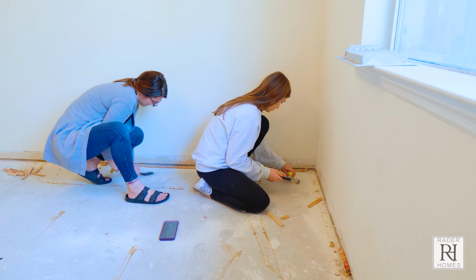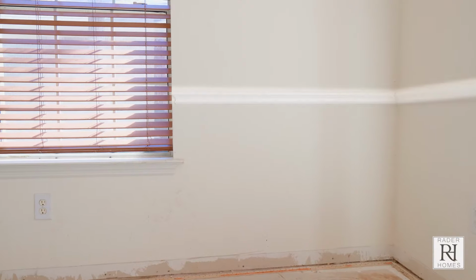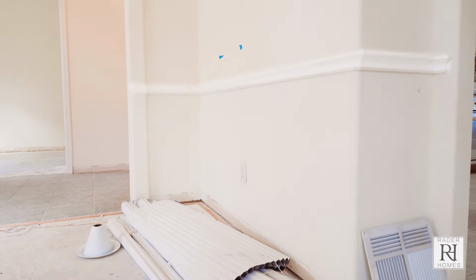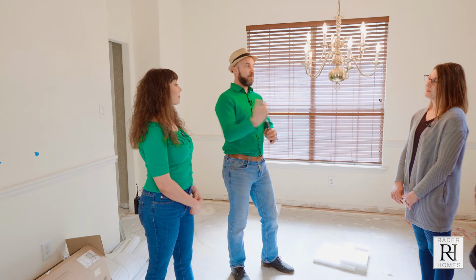I think the start to finish, seeing something unfinished and then putting a vision in, seeing that final product is huge. Okay, dining room. What we're gonna do in here is actually not a ton of things. We're gonna keep it simple. I'd like to take this off without any damage, and then we're gonna replace it with a flat trim that matches the baseboard and the other stuff. Take away from the old school traditional as much as we can to make it look a little bit more